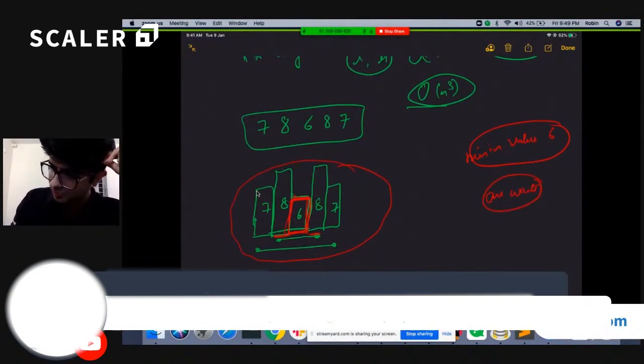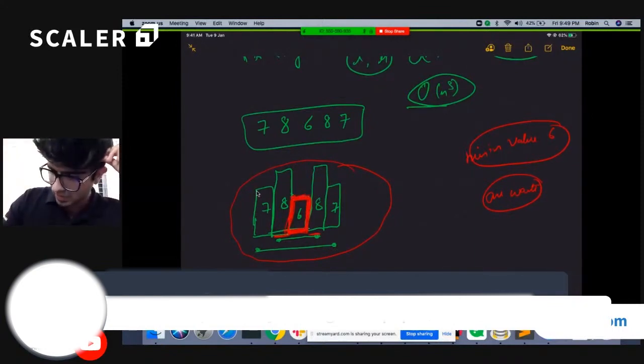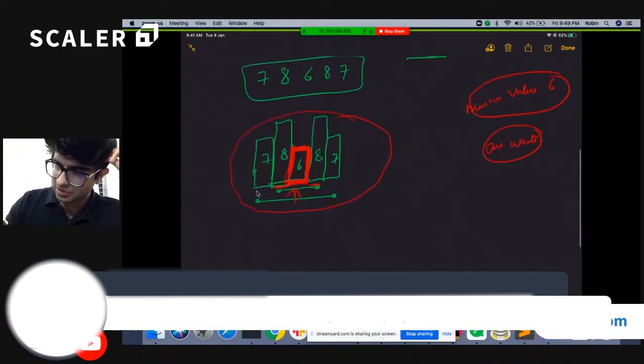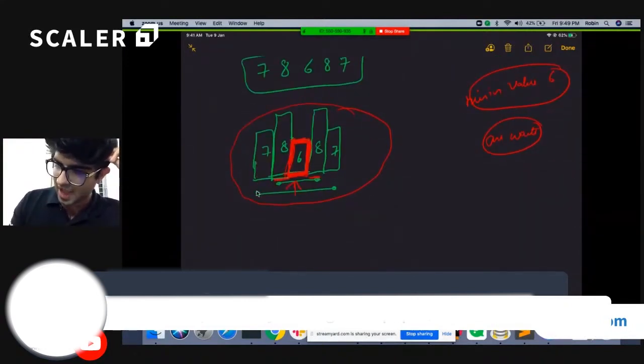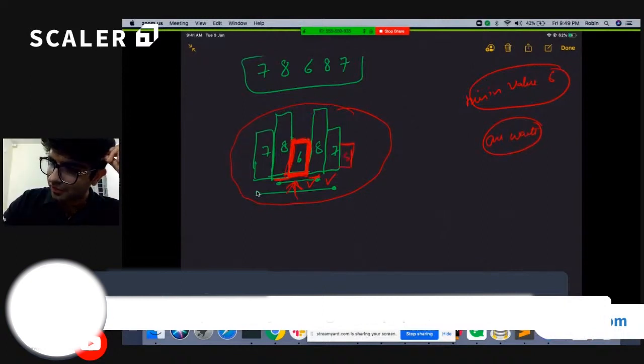If somehow I just figure out for that particular 6 what will be the maximum contiguous segment if I consider this element? One thing I can surely say is, if I consider this element, how many elements I need to take in the right hand side? Okay, I can consider 8, I can consider 7, but if I have something like 5 here, I can't consider that element.